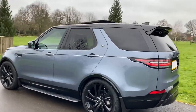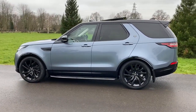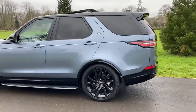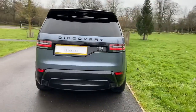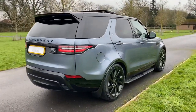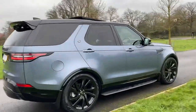So it's a very practical car, and with the HSE luxury pack, it's got a very high level of specification as well. This is a very high spec car all the way around, and you've got to say, when you're driving a Discovery that's as comfortable, as quiet, as luxurious,